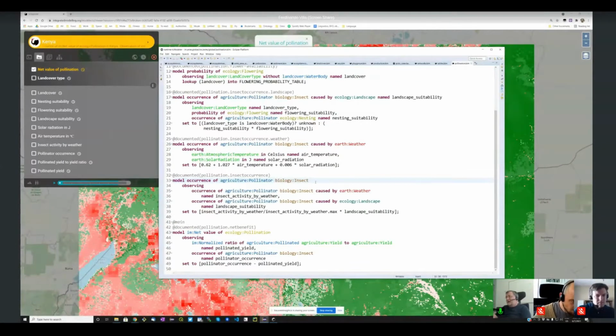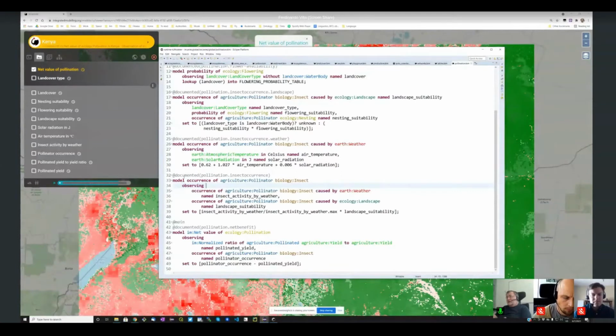So this is basically a namespace biology and contains the word insect, or agriculture contains pollinator. These are different colors as well to give you a guide into the semantics. So pollinator is a role, insect is a subject, weather is a process. They have different colors. We don't get any more detail than this today.